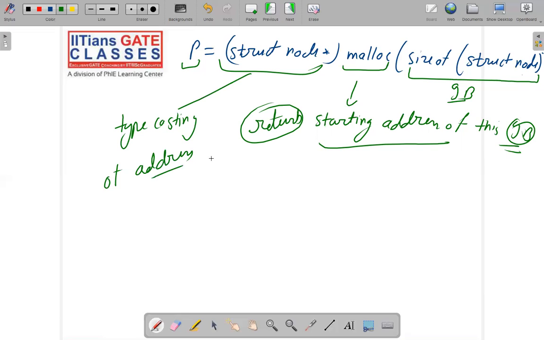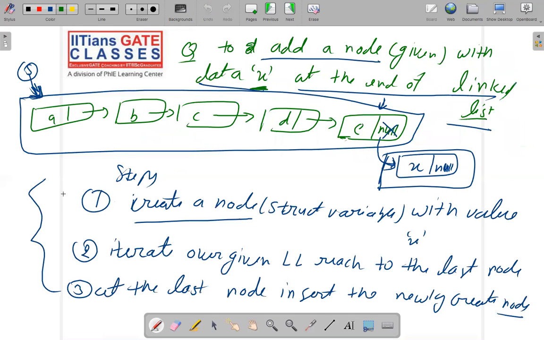Okay, so once you typecast it, you will have the address. Now this is the first step we did, and it cleared what a malloc function is. Malloc is a very important function for you. Right now in Python and other programming languages, they allocate memory by themselves. You don't have to allocate memory, but in the older languages like C and C++,